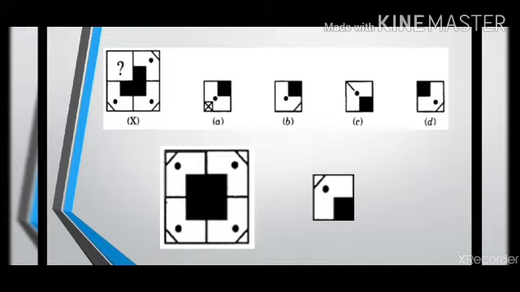First preference will be the exact answer, but if you can't find the exact answer in the options that are given to you, you have to sometimes use the option wherein the figures are rotated, as the actual figure is not given to you in the options.